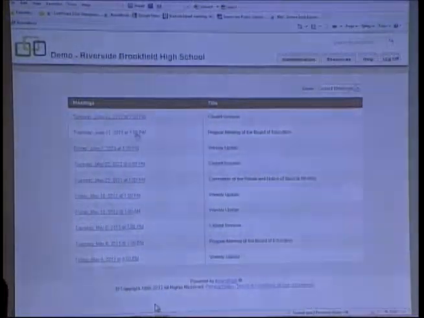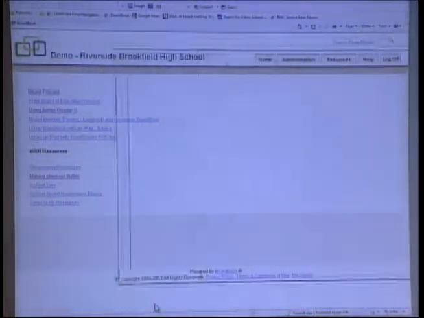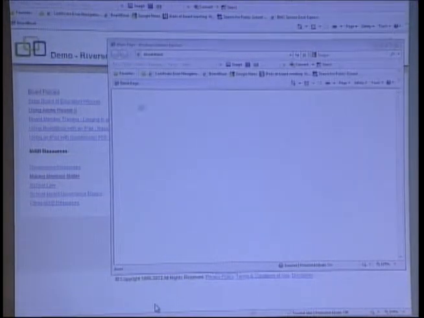Before I look at a meeting, I want to point out one tab here, the Resources tab. Before we started this evening, I added a few additional resources for you. These are links or files that aren't really meeting specific, but that you may refer to from time to time. Examples could be your board policies, or some training handouts here. Here's your board policies coming up.